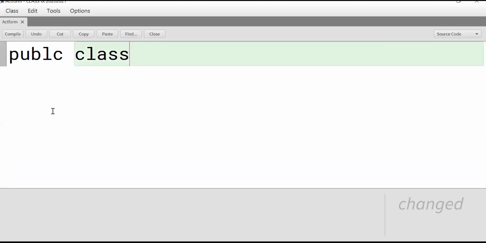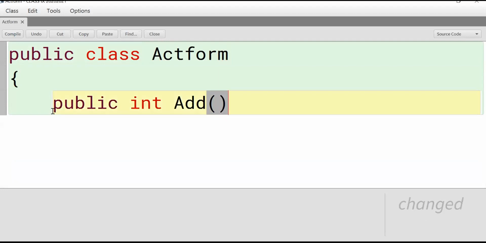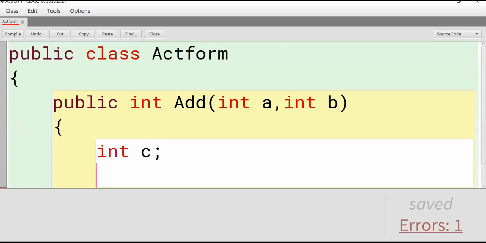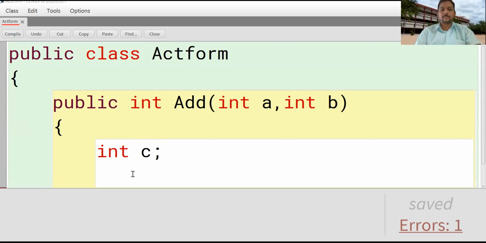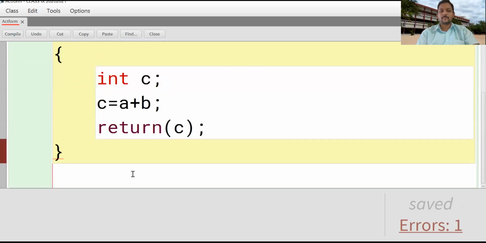Take the class name as actual and formal. One method. Main method.